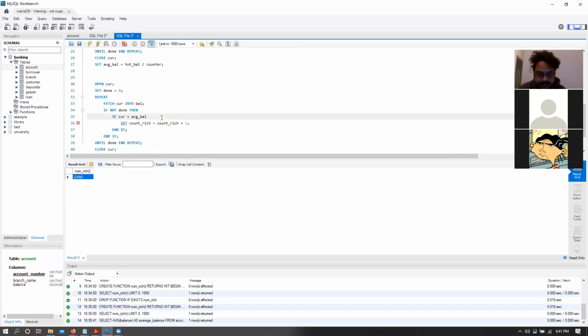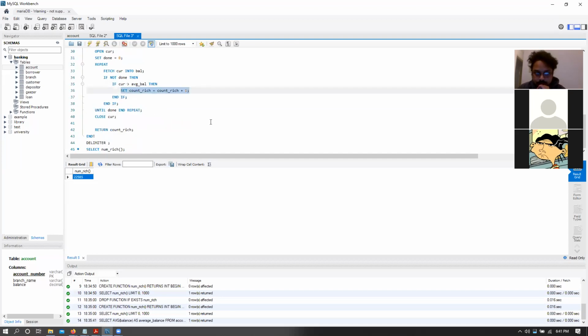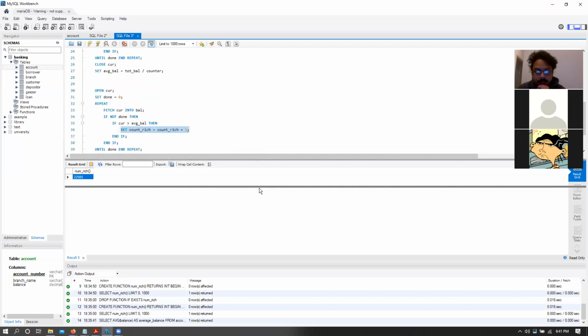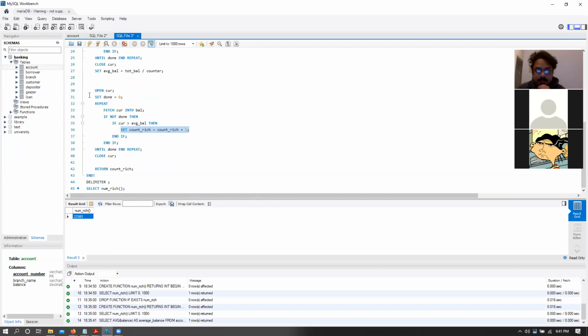Right? Exactly. Then do this. Right? So do you guys agree that this would be the code that gets me the number of people that have a balance larger than the average balance? Yes or no?